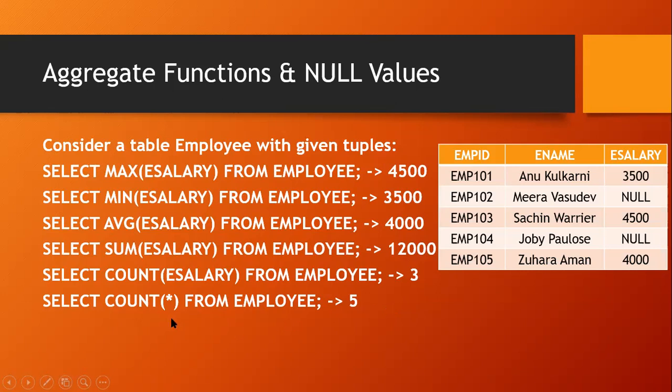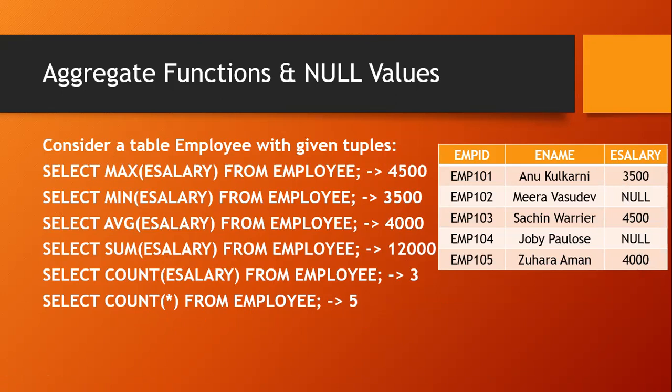Now select count star from employee. So here is the difference. Count star will return the value including the null values. So what will be the count? 1, 2, 3, 4, 5, and hence you got the output as 5. So hope this is clear. Aggregate functions will exclude the null values, whereas count star will include the null values and return the count. This is a very important point to be noted. Many times these questions are repeated as a case study question.